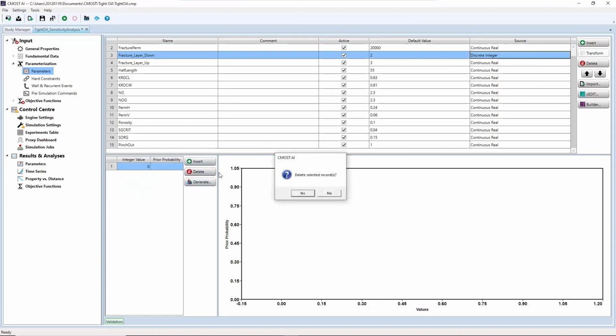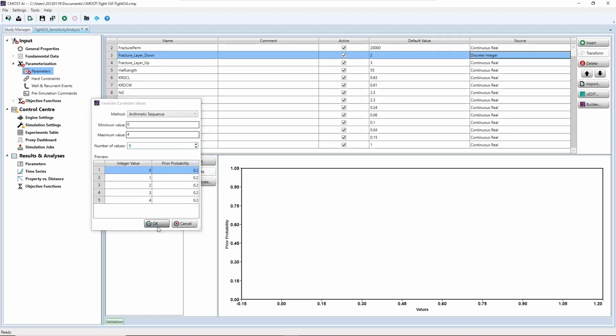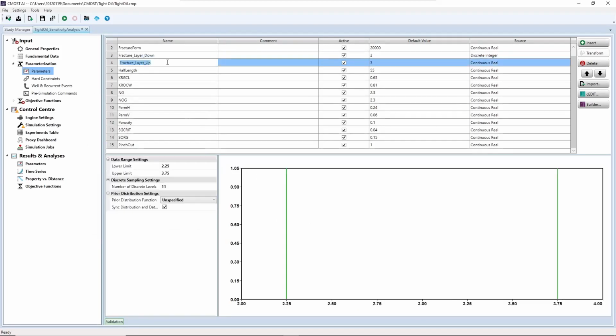or Delete, Generate. So method, arithmetic sequence. Okay, so minimum value 0, 0 layers down, maximum value, for example, 4, and number of values 5. Okay, with the same probabilities, 0.2 each. Click OK. All right. And then, for example, the fracture layer up,